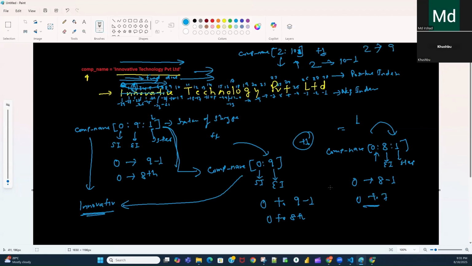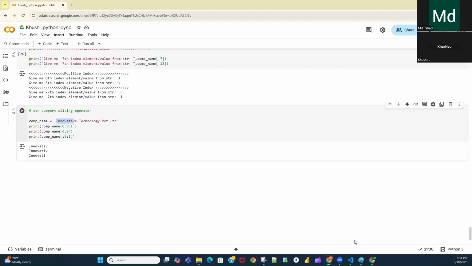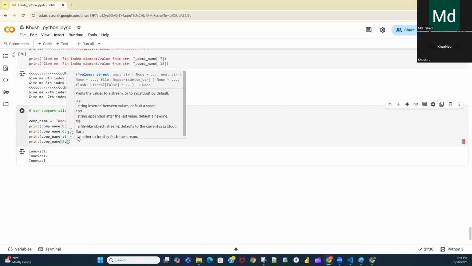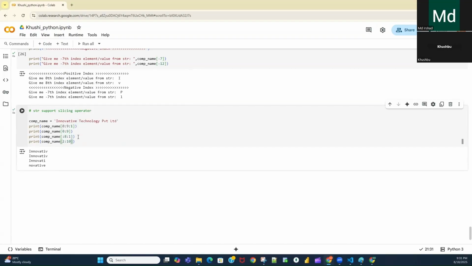From this position till 9 position, from N to E, it will give you the data. So here, if I write print name 2:10, and execute, see here, from N to E, it is giving me the data.